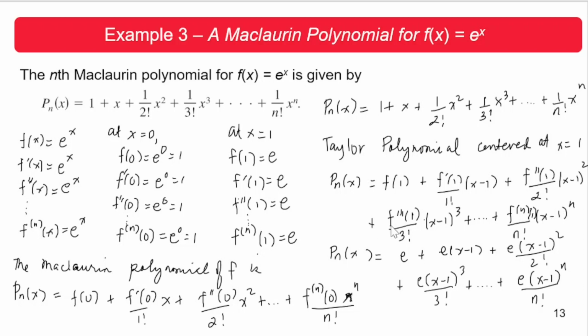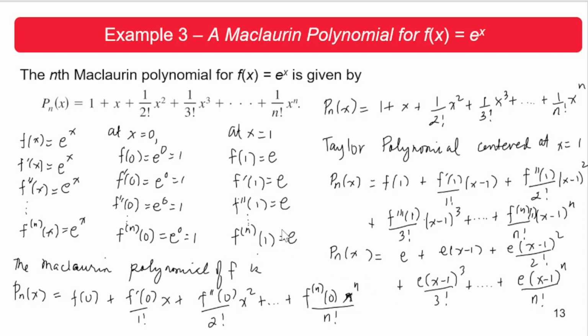So by substitution, because the value of the function at x equals 1 is e, this should be e plus the value of the first derivative at 1, which is also e. So we have e over 1 factorial times x minus 1, plus the value of the second derivative at x equals 1, which is also e, times x minus 1 to the second power all over 2 factorial, and then plus